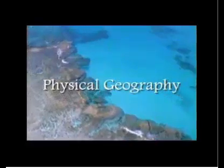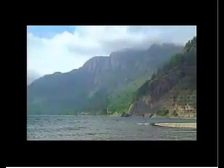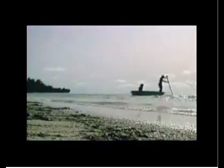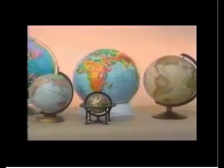Geography is the study of the landforms, bodies of water, climate, and natural resources of a place. It also includes the study of the people who live there and how they use the land and the water and the resources. Because the world is so big and made up of so many different places, geographers have invented